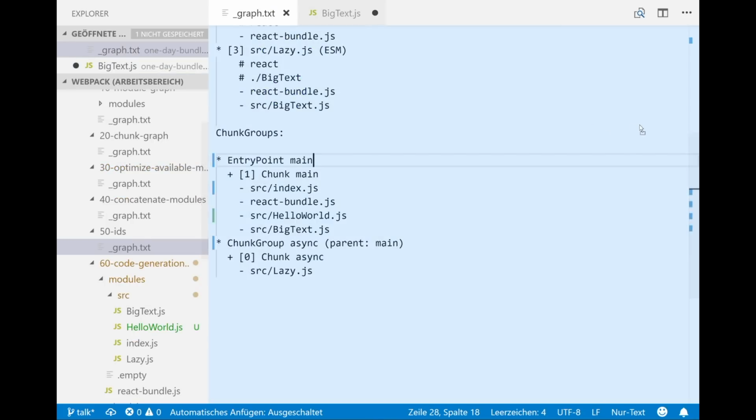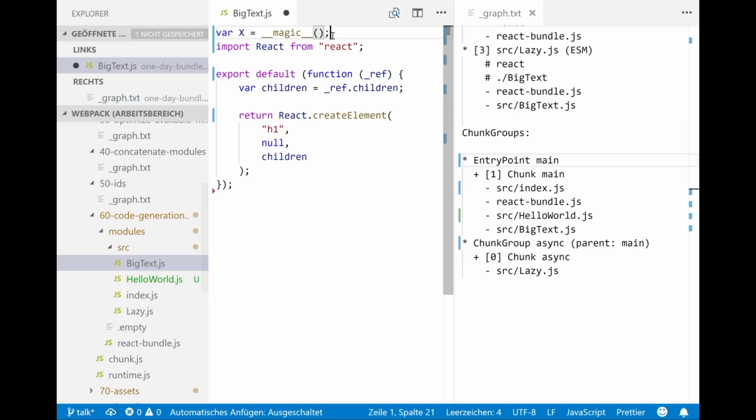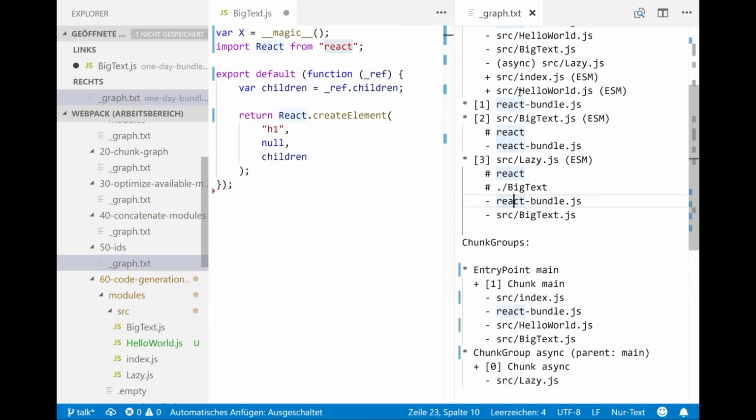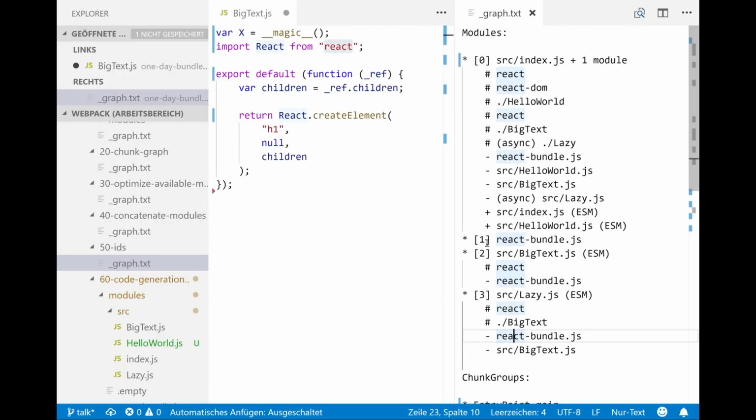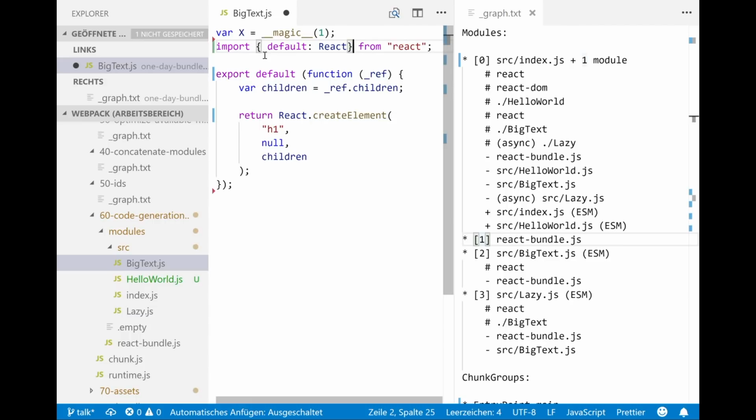And because we don't have names, we need some ID for the React bundle, so check the dependency graph. It's 1. So magic function of 1 returns the exports of the React module. And basically this import means the same as default, so we have to replace this with x.default. So done.